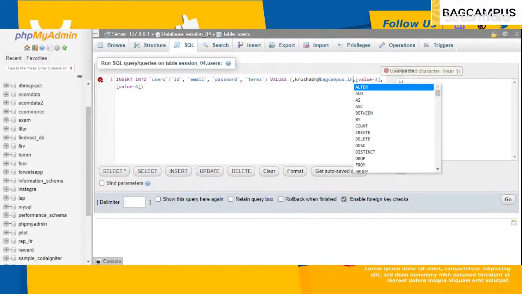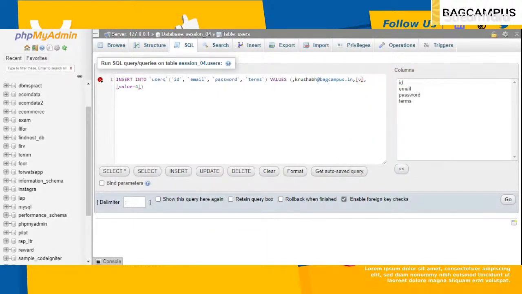I want my password as 1234. And for the terms and condition, he agreed the terms and condition. I'm the only one person, so I agree terms and condition. I have to give a semicolon, this type of sign, okay,